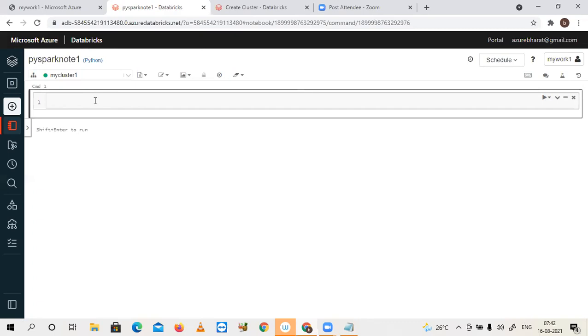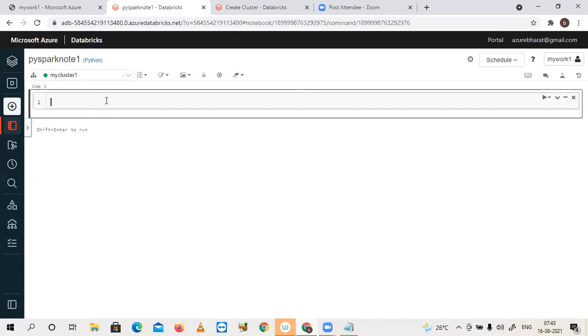But once it is launched, you can straight away work with it. One more thing: you can set up an idle time. Suppose continuously for 1 hour I don't use anything, automatically my cluster will be stopped. You can set up the time at the time of creating the cluster only.